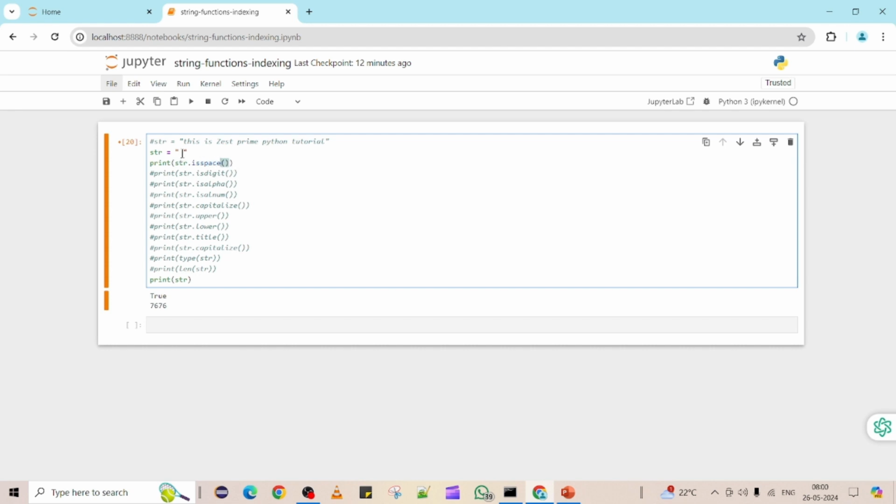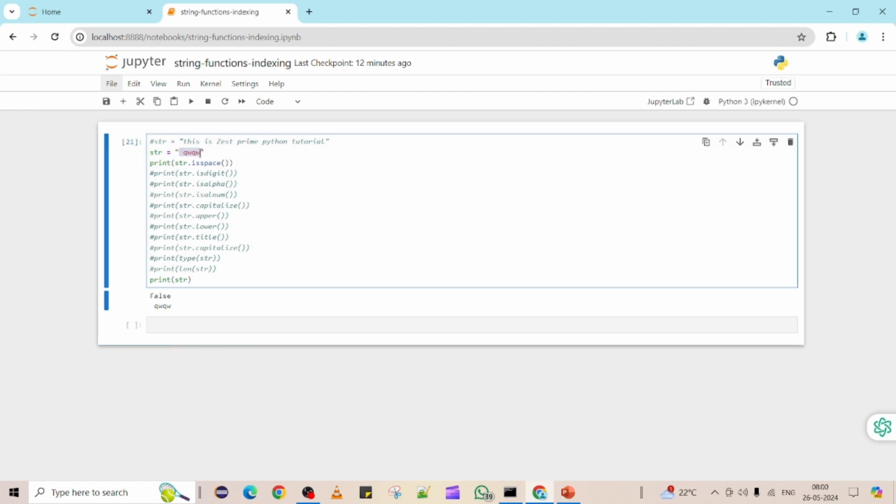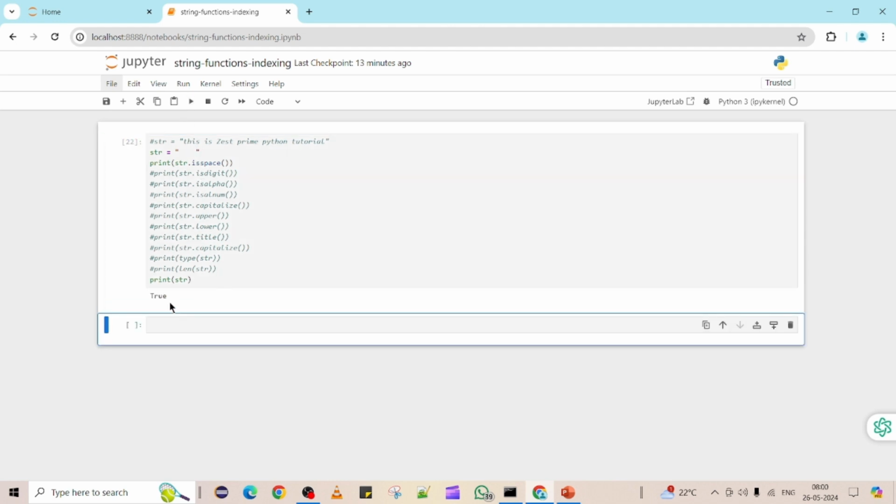E space, let me put something here. So if you see here it's giving false because it's not a space, it's having space plus something, so that's the reason you are getting a false. So now let me put only space and rerun. So now you are getting the